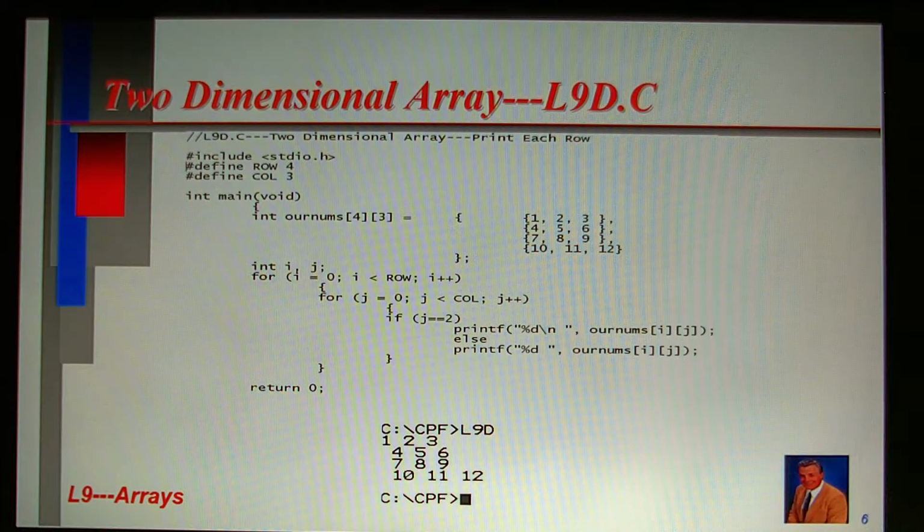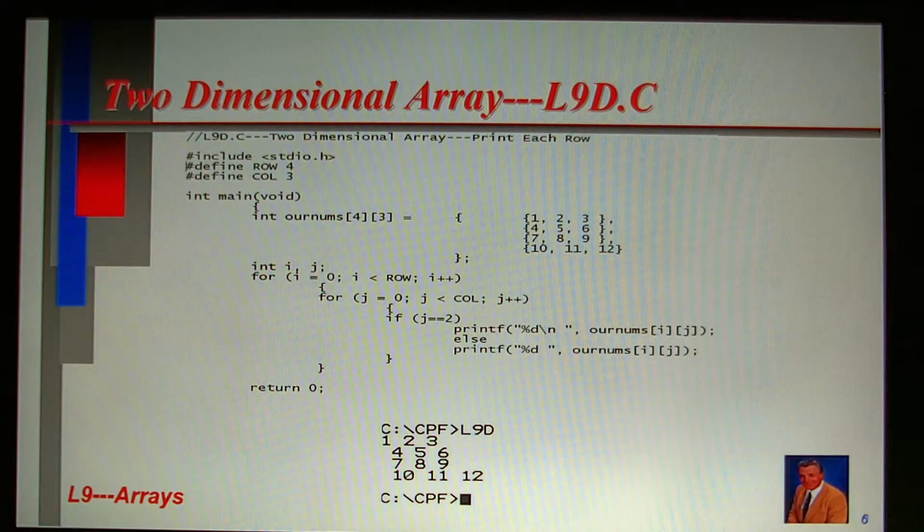As such, I will only discuss the computer program instructions of computer program model L9D.C that display the table row by row. Namely, if (j == 2) printf("%d\n",